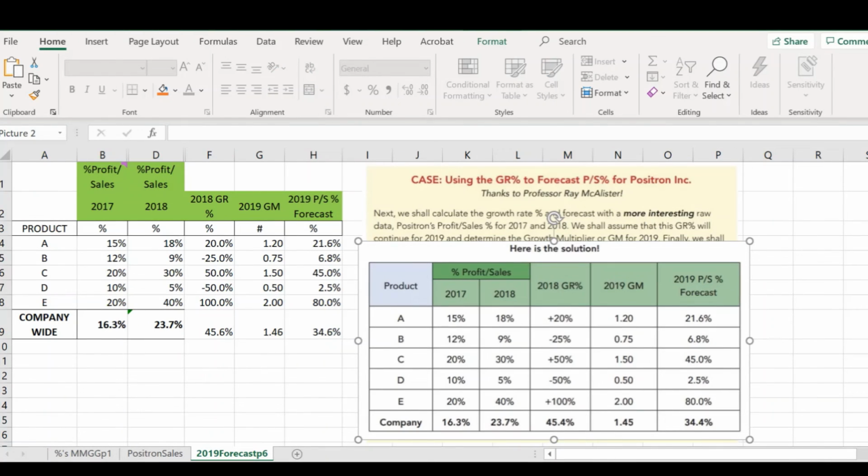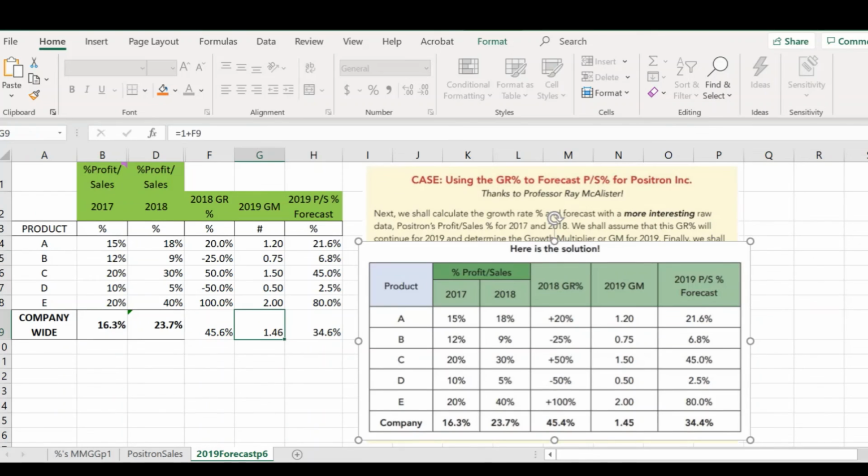45.6. Okay, 45.4. Not sure how many decimal points were used. That could have modified that a little bit, or we could have a tiny typo there. But I'm pretty close, so I think that's pretty right. And 1.45, again, that could be rounding. 1.45 versus my 1.46. That looks good. 34.4%. See, this is going to be dependent on this number, so that may be why I'm a little bit off there. But again, this could be rounding